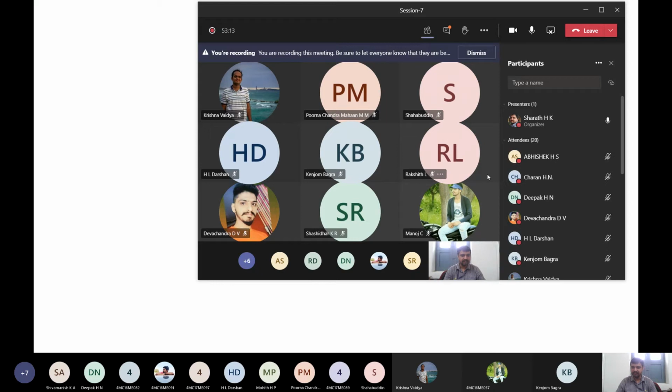1 lakh. Okay, so people thought this product would revolutionize the market, and that this Nano car might compete with most of the two-wheelers. People may shift from two-wheelers to cars because they are able to get a car for 1 lakh, but that didn't happen. Okay, there are many reasons.